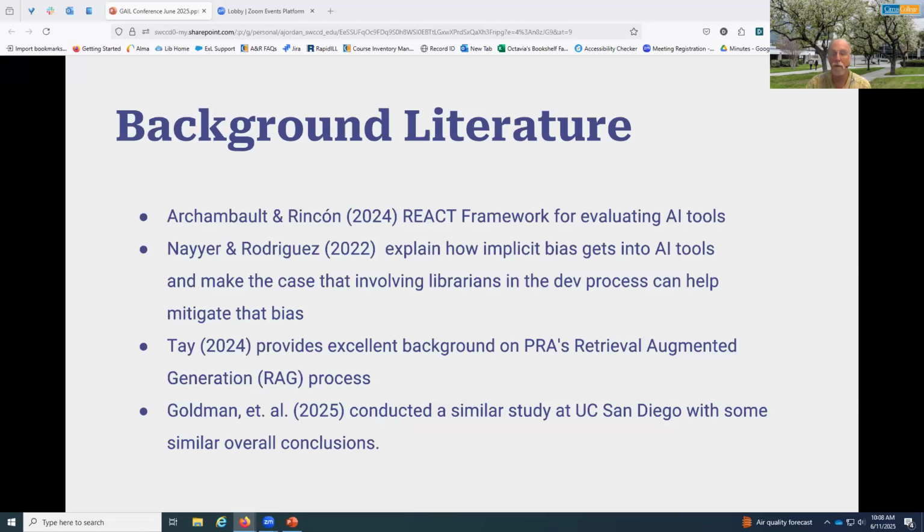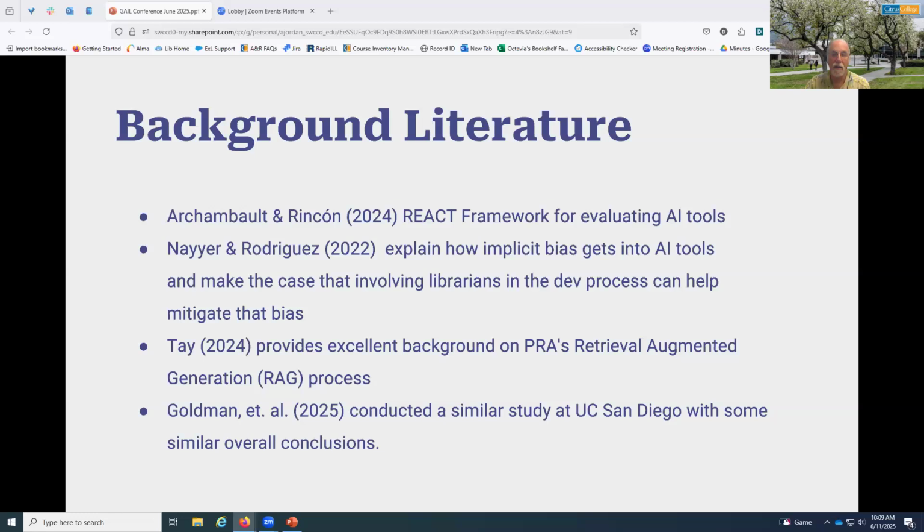REACT stands for relevancy, ease of use, accessing DEIA, currency, transparency, and accuracy. And it's essentially a rubric, and we'll take a look at some other rubric examples in just a bit.